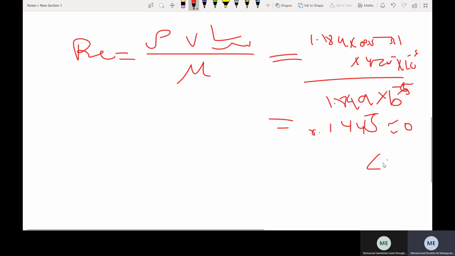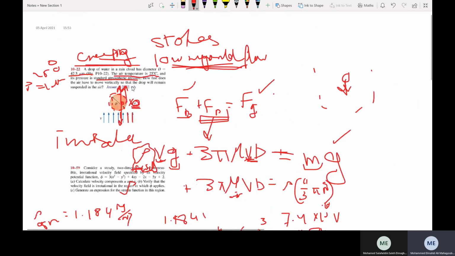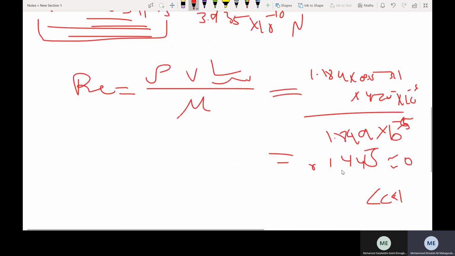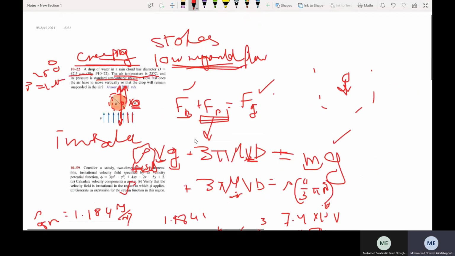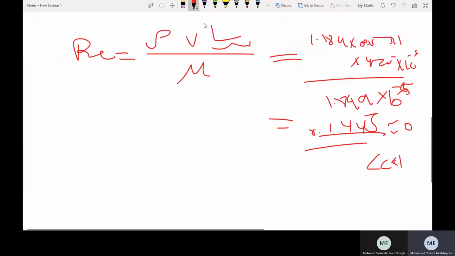It is much less than 1. It is a rule of thumb that for balls, if you have a Reynolds number much less than 1, then you can say this is creeping flow. It is obviously a very small number, 0.1445. So there is nothing much left in the question; you will not solve the Navier-Stokes equation, because now the Navier-Stokes equation for this